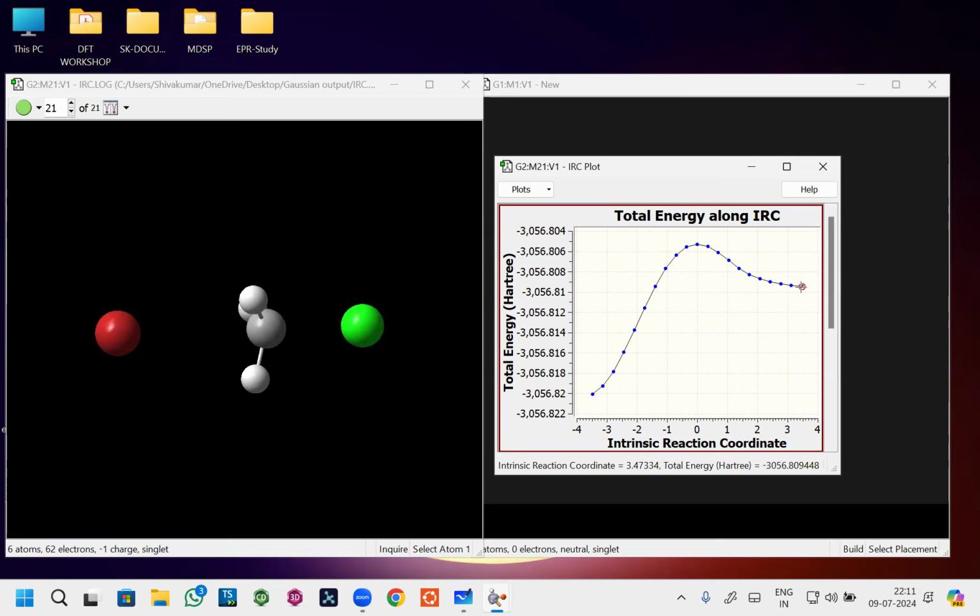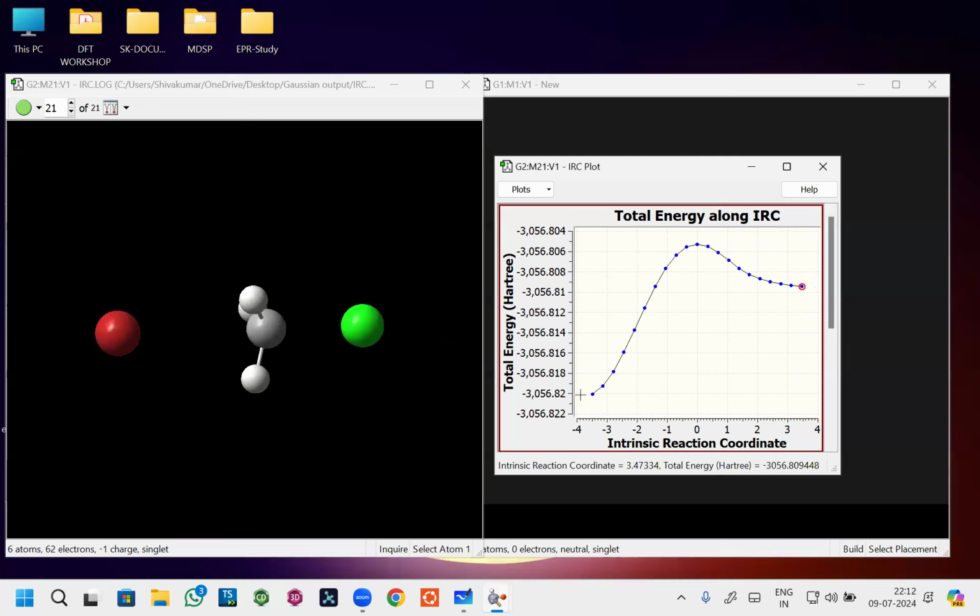This is the reactant. So the reactant has more energy compared to your product. It means that your product has less energy, so it is more stable compared to your reactant. Okay, "highly stable" is the wrong word. It is relatively more stable. If you compare to your reactant, your product state is more stable because it has less energy